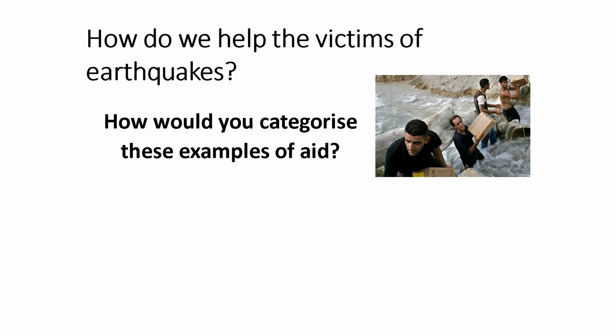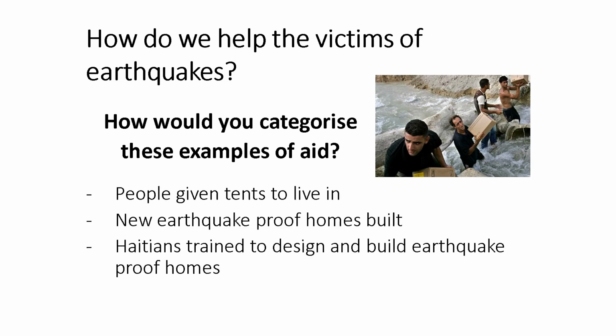Now you've got that list of aid and we can categorise it. Imagine we've got 3 things from your list. People given tents to live in. They've lost their homes. Remember, they were a low income country. One of the reasons why it was so bad is because their homes were very, very poorly constructed. Los Angeles and San Francisco have billions of dollars spent on making sure those buildings are earthquake proof. Those tall skyscrapers are not designed to topple should there be quite a powerful earthquake. In a low-income country, the people have barely put together a normally constructed house, so they're going to topple very easily. As a result, they're going to need tents to live in.